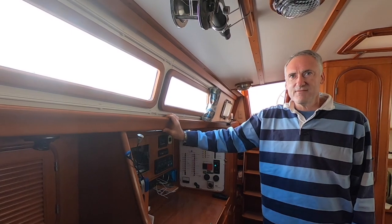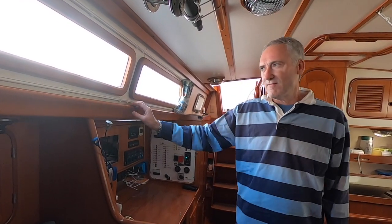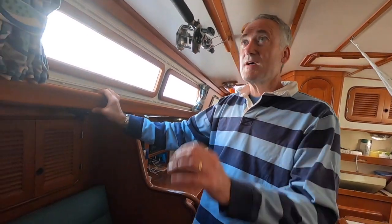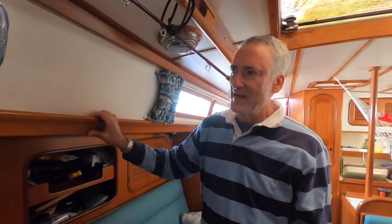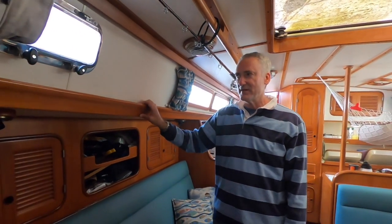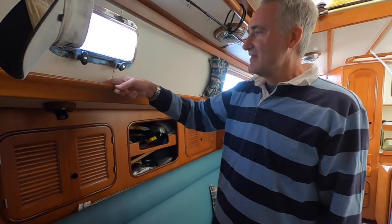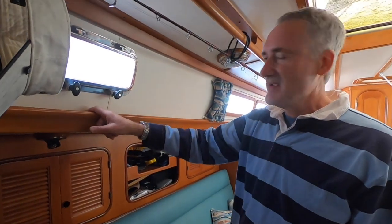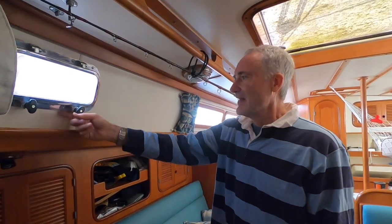It's very sturdy, very strong, so if you're underway and the boat's rocking back and forth, it's an easy way to hold on, where you can have one hand up here on the handrail, another hand down here. If you're shorter, just holding on down here. But the other really cool thing is it's grooved inside, and it's basically a gutter